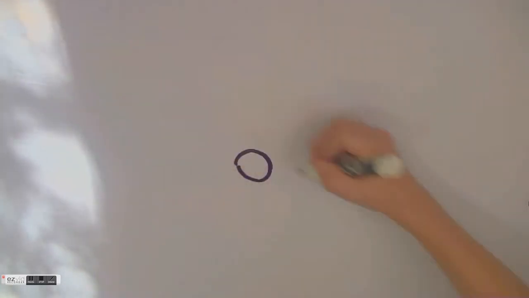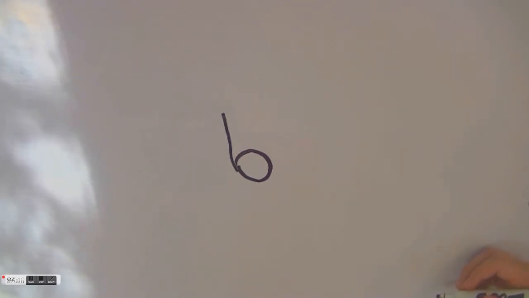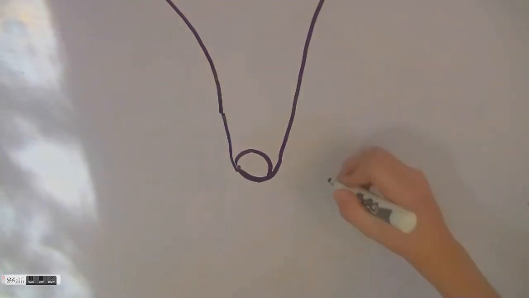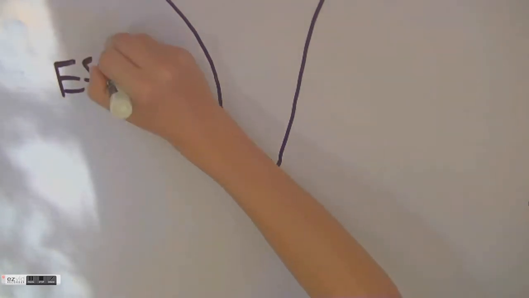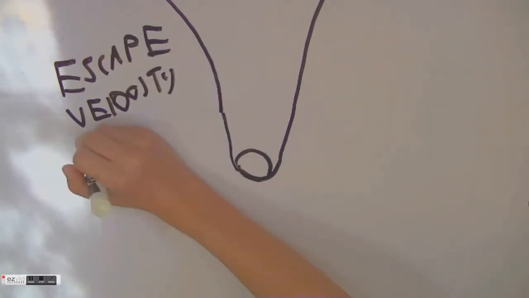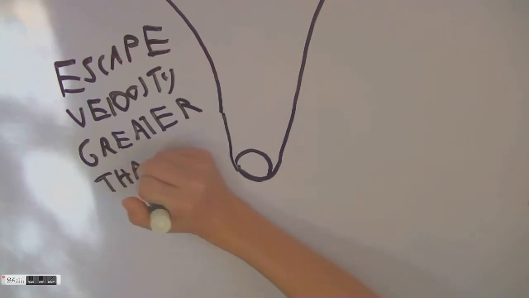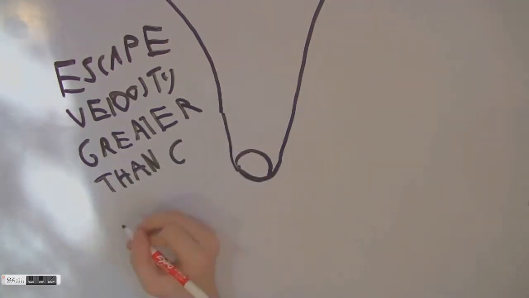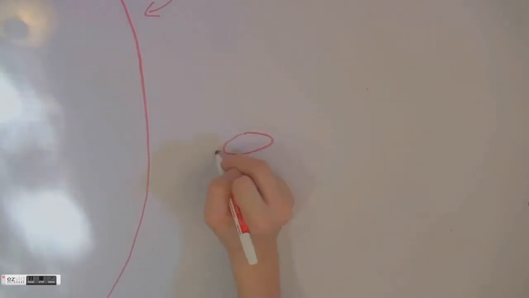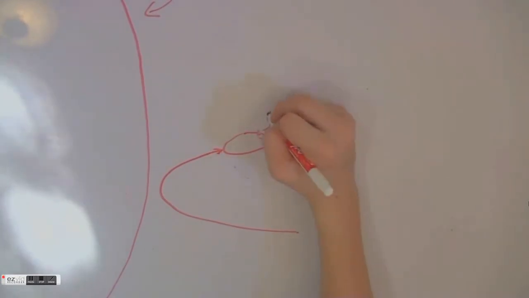So now, let's say that we have a black hole. Now, every object has what's called an escape velocity. Now, escape velocity is basically the velocity, the speed that you need to escape an object's gravity. Now, in the case of a black hole, the escape velocity is larger than the speed of light. So even light, which is moving at c, which is approximately 186,000 miles per second, it cannot escape the black hole because even light is not moving fast enough.